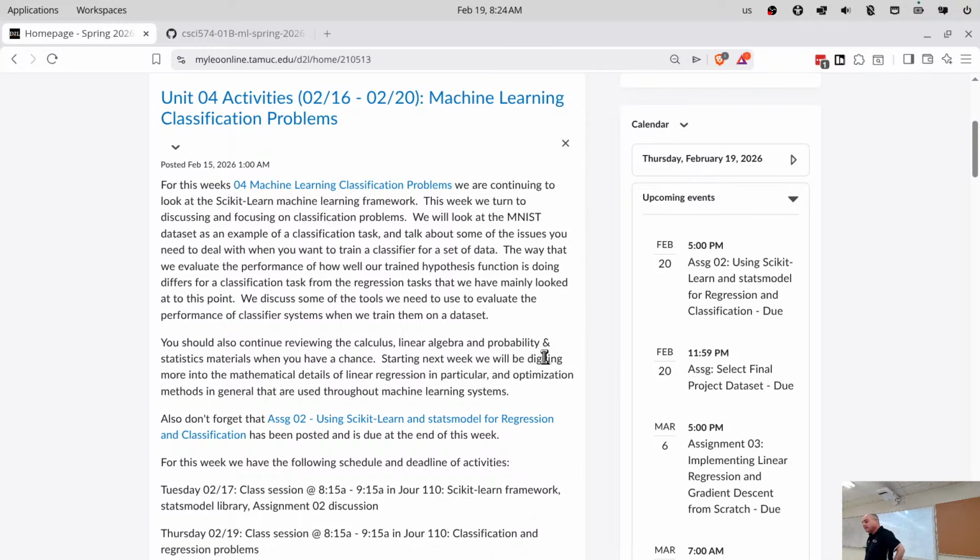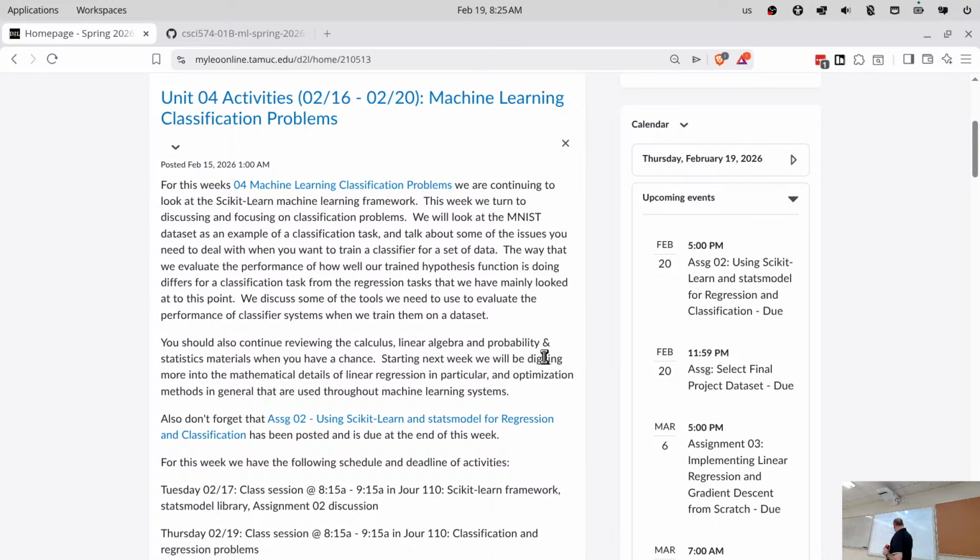I was going to just explicitly bring up assignment 2 here, and see if anybody here, or anybody who has joined me online, has an explicit question that they're working on for assignment 2. There are 1 or 2 things I want to discuss on that, like the thing about creating the decision boundary. So I might jump to that first here, and then if we have time, I'll maybe go back and talk about classification. The materials from the chapter in our textbook are what you should have been looking at this week as well,